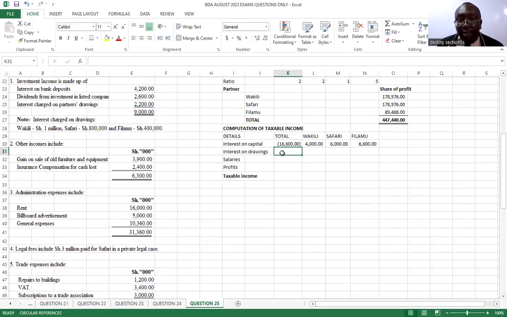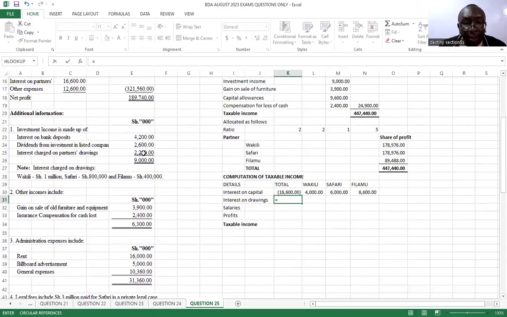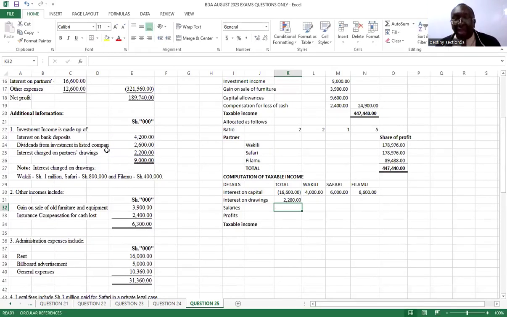But this other one is coming as a positive. But now we are already told out of this, Safari got 800, and this other one got 400. So if you do the calculation,